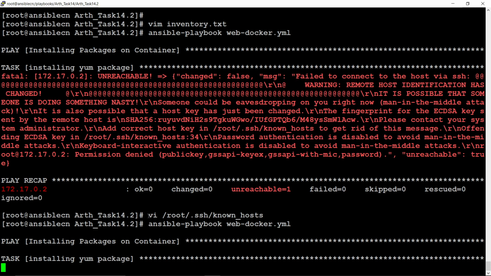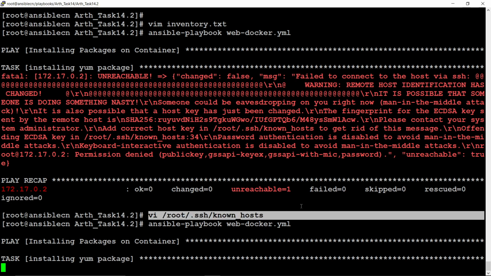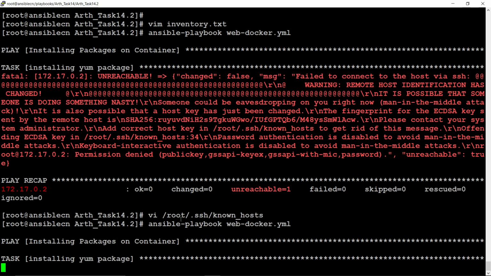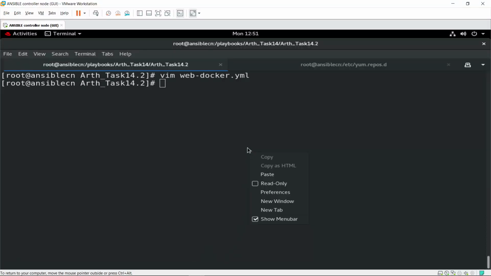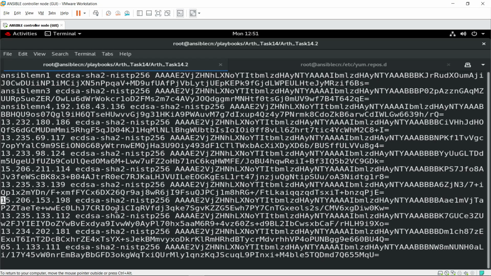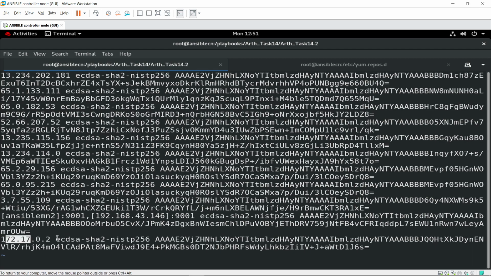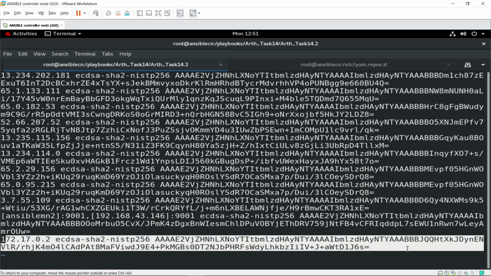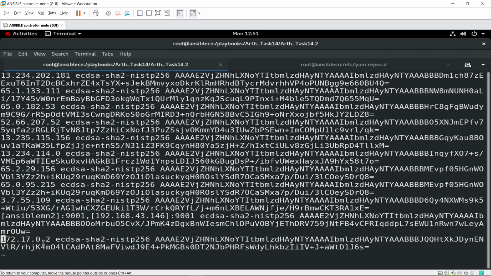By going into this file I have removed that record, and then we can see our playbook is running. Let me show you the file. This is the entry which has been created, and sometimes the key is wrong, so we have to remove this key, and again the key generates and it is working now.